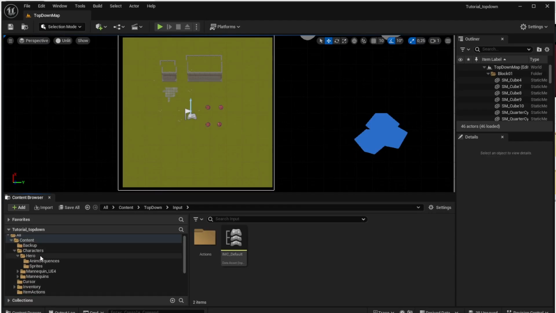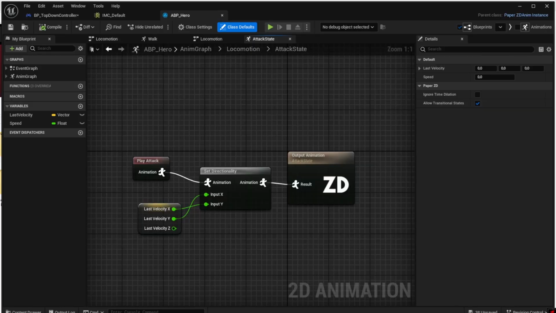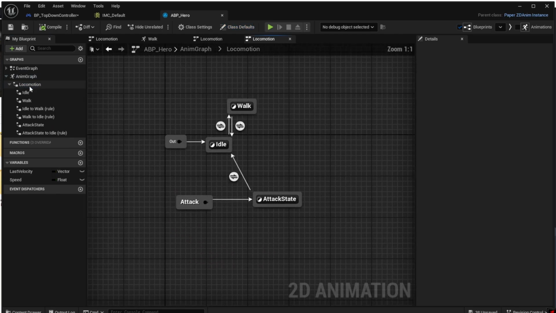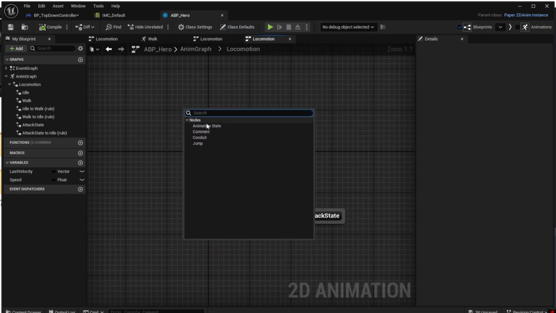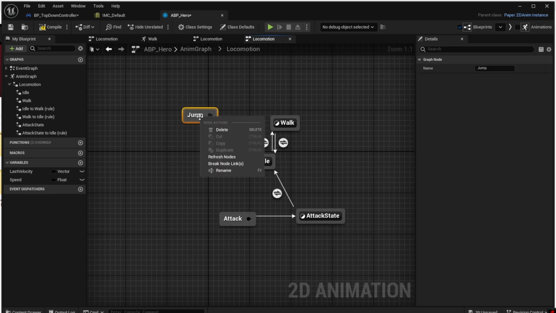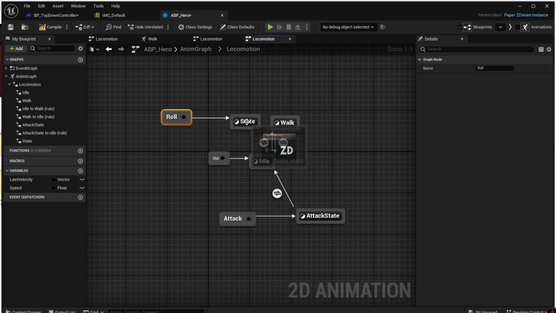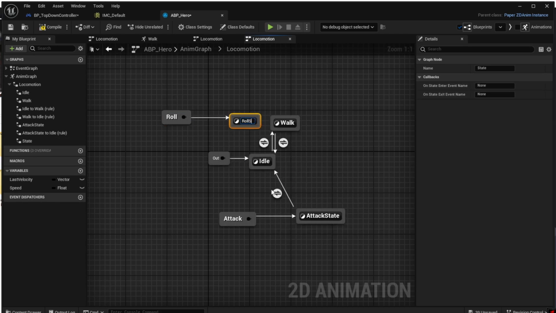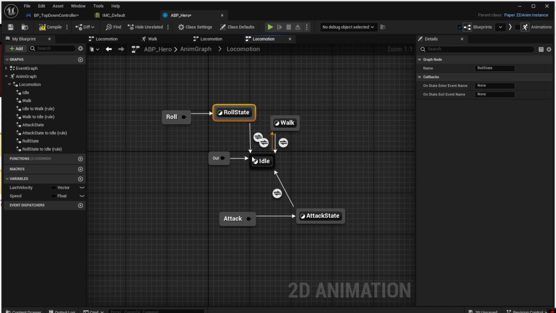So let's go back to the characters hero and open the animation blueprint hero. We will go to the animation graph, into the locomotion, and there we will add a new jump node. So right click and add a new jump node and name it roll. From this jump node we will draw a line and create a new animation state, and we will name this animation state roll state. We will create a transition between this roll state and idle state